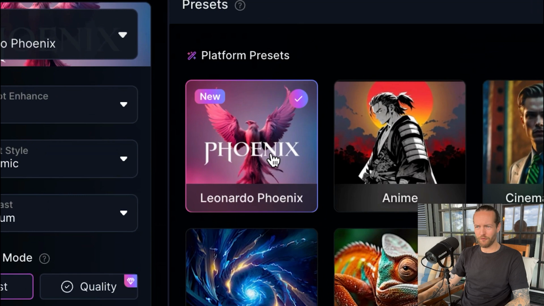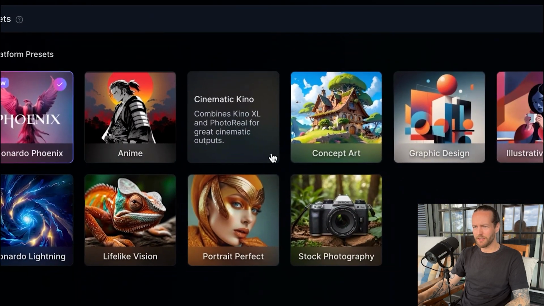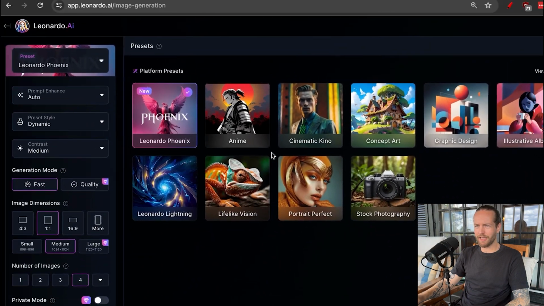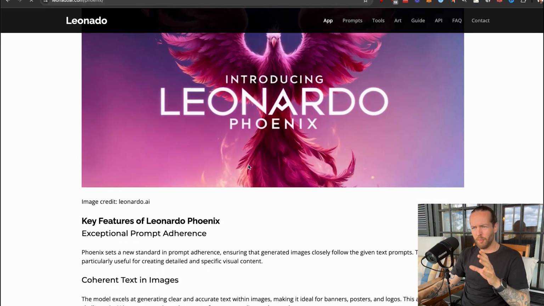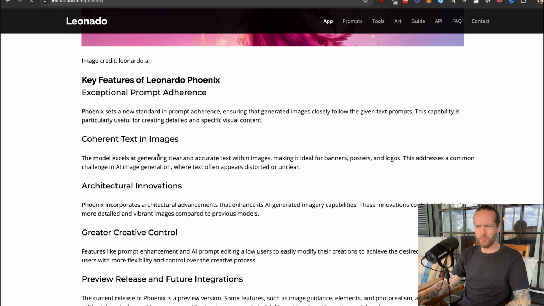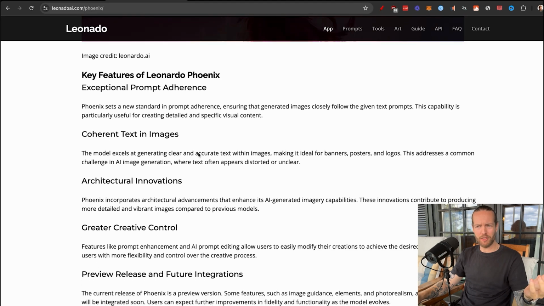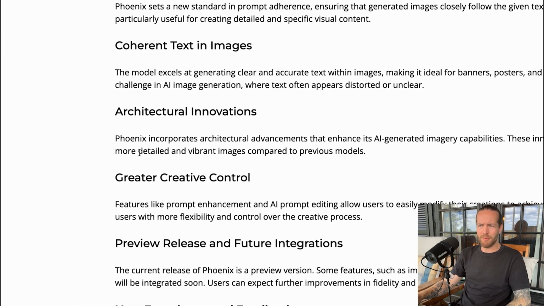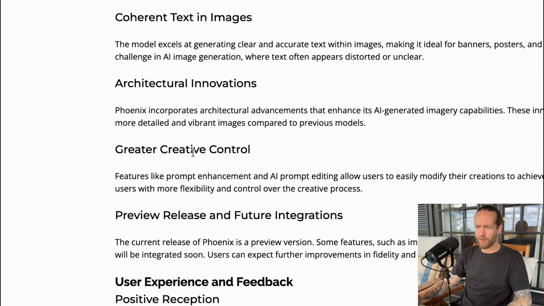Here you have Leonardo Phoenix that I kind of want to show you all the different upgrades they did. Anyways, anime, cinematic kino, they have a really cool 3D one that I like that you can click on view all, and I guess that's on premium. So the upgrades in the Phoenix upgrade was coherent text in images, something that Midjourney can't really do that well. Architectural innovations that contribute to make more detailed and vibrant images compared to the previous model, greater creative control, and